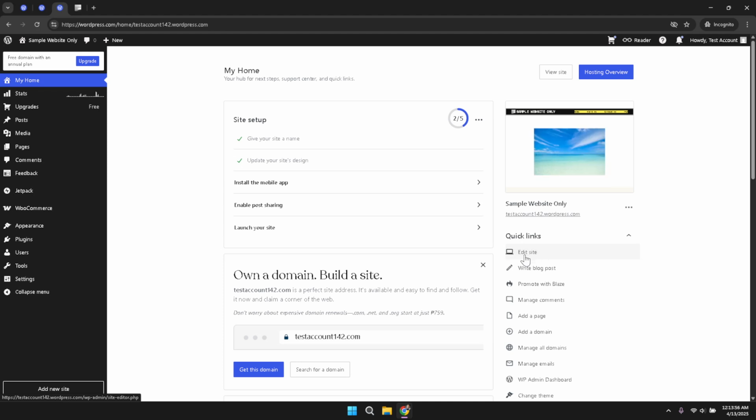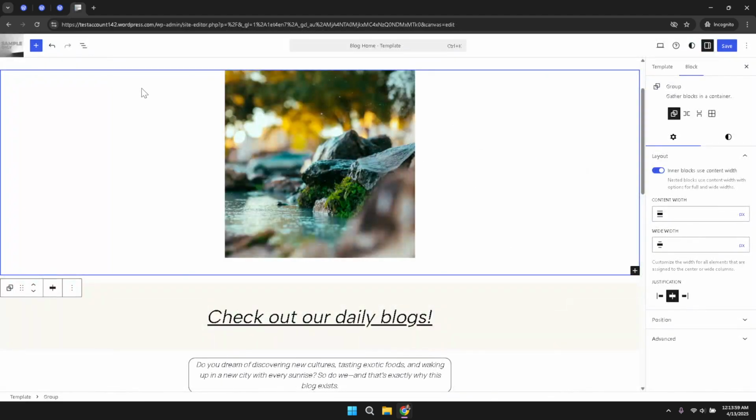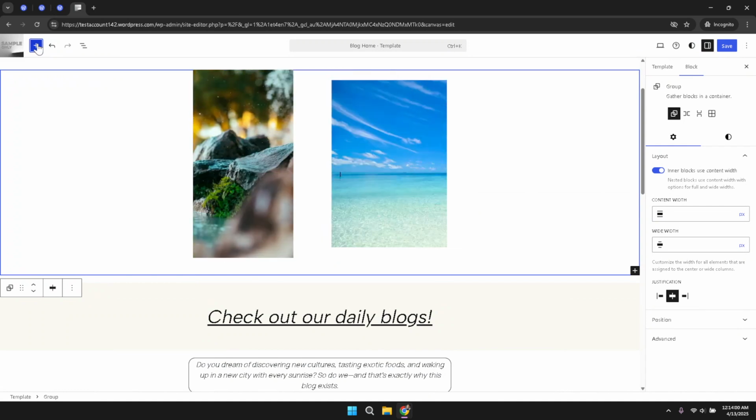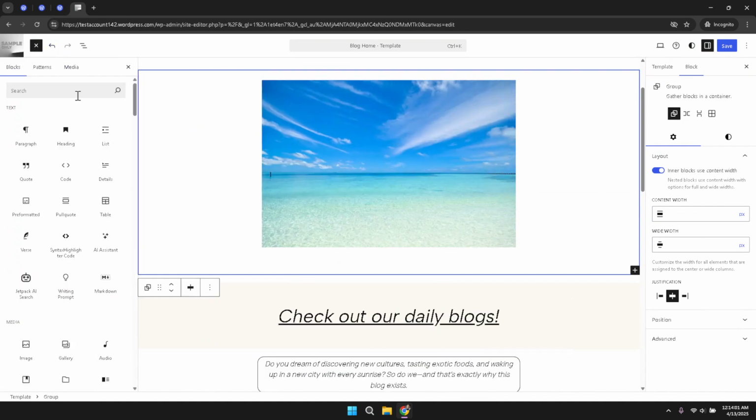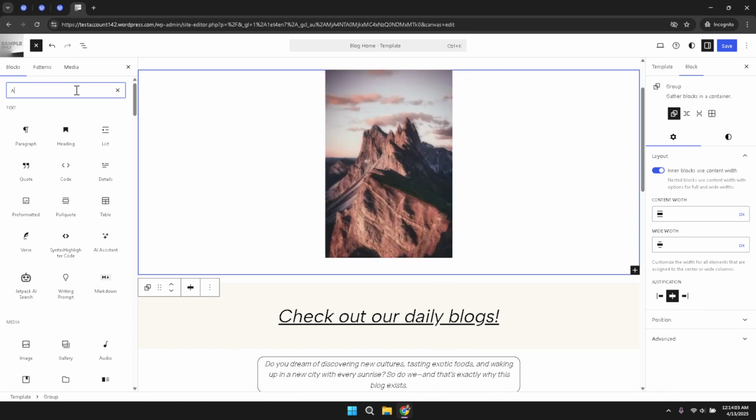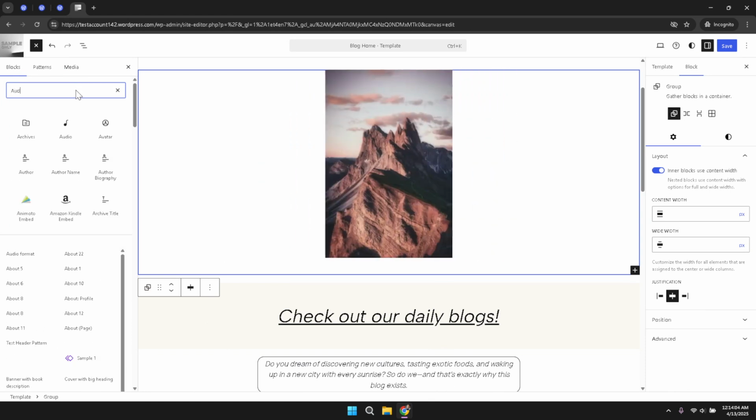Inside the site editor, locate the plus icon positioned at the top left corner of the screen. Clicking on the plus icon opens a new panel that gives you access to all available blocks and elements that you can add to your page. This intuitive selection menu allows you to search and choose from a wide variety of blocks that suit your content